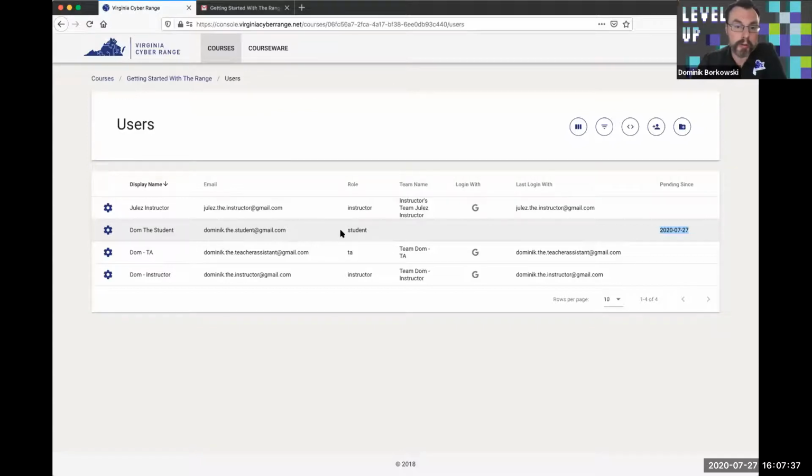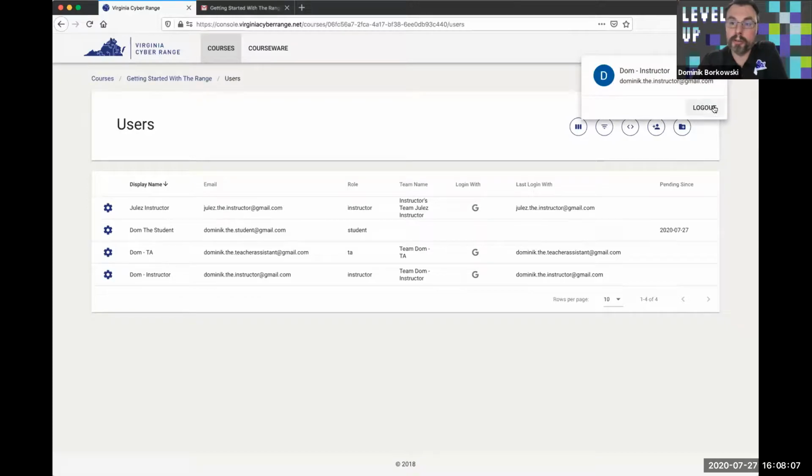If at any point you feel that the student, for example, lost the invitation email or can't find it anywhere, you can come back to this interface and verify that, yes, indeed, they've never logged in. I can click this little icon here and select re-invite, or say the student dropped the course, and I can select delete. So at this point, I'm going to log out as an instructor,